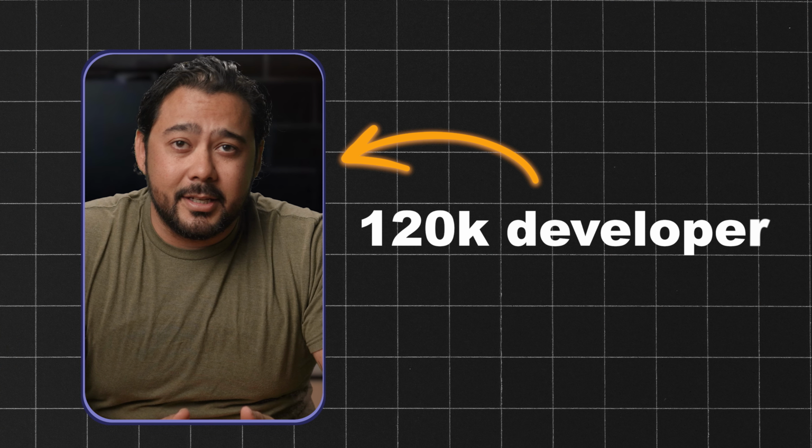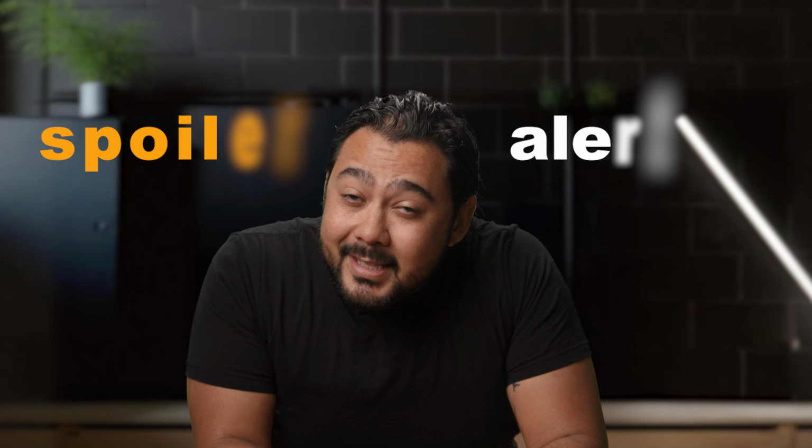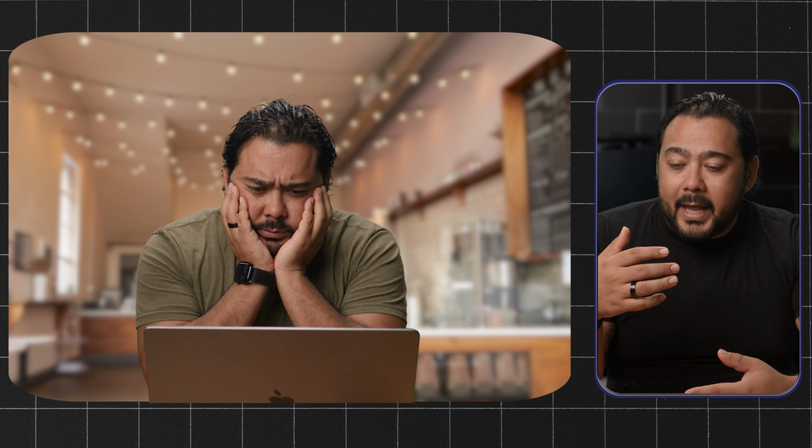So, what's the real difference between a 120K developer and a 250K tech lead? Spoiler alert, it's not the coding skills. Now, while most developers obsess over the technical expertise, they stay completely invisible to leadership. But then they wonder why they're getting passed over for promotions and getting assigned to these high impact projects that